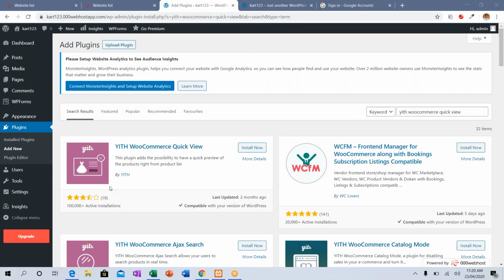WITH WooCommerce quick view. This is the name of the next plugin.